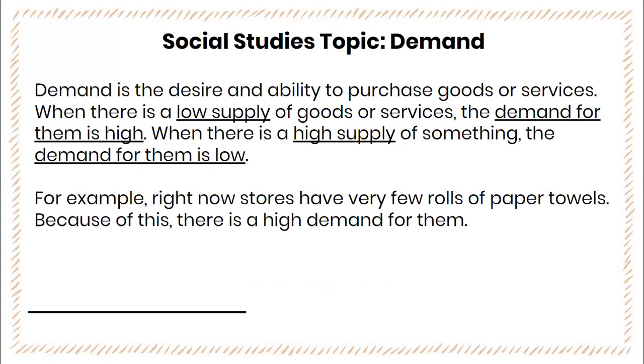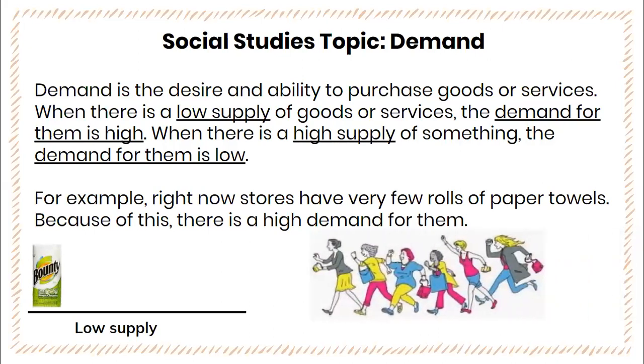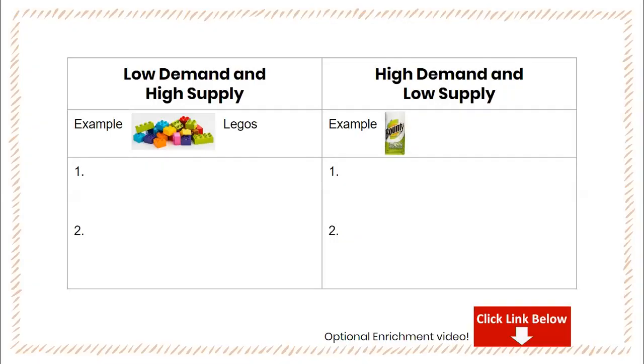For example, right now, stores have very few rolls of paper towels. We call this low supply. Because of this, there is a high demand for them. Many people want them, so there is a high demand. Low supply, high demand. Your activity for today: